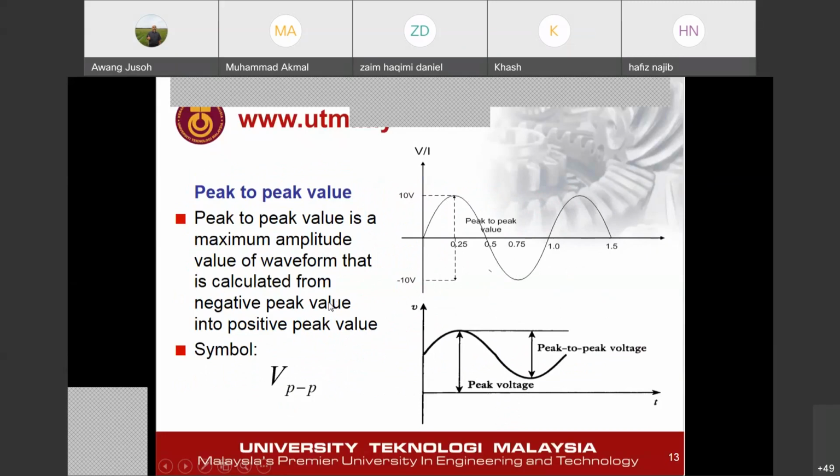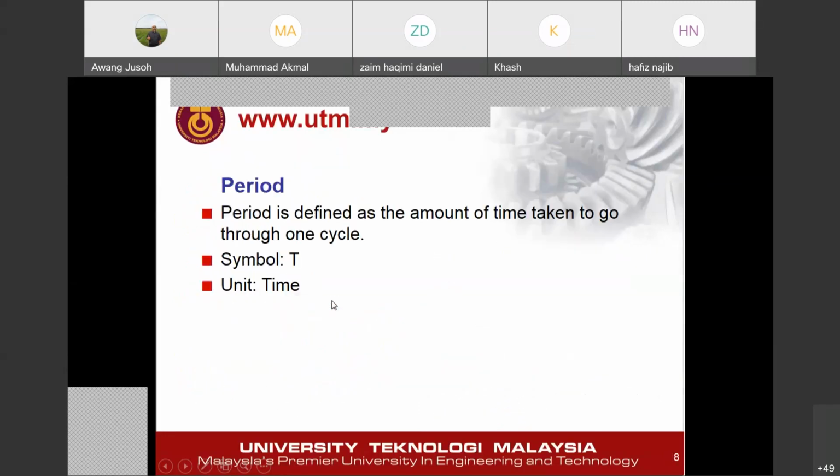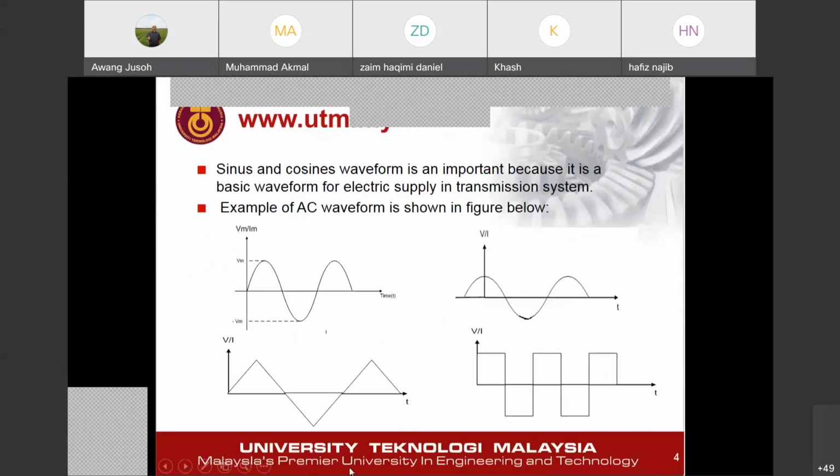But if you have a signal like this, or like this, it's a different way. We cannot use that. You cannot get the peak value by square root of 2. This formula is only valid for this kind of waveform. Not all AC signals use the same formula. The formula that we have introduced is valid for sine waveform only, which is what we commonly use in our AC system.